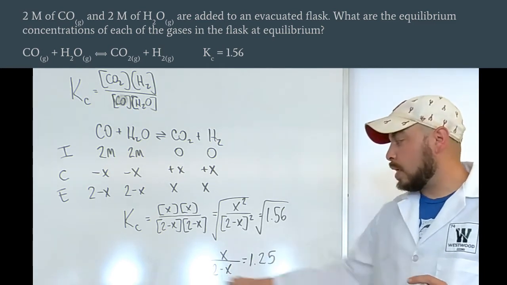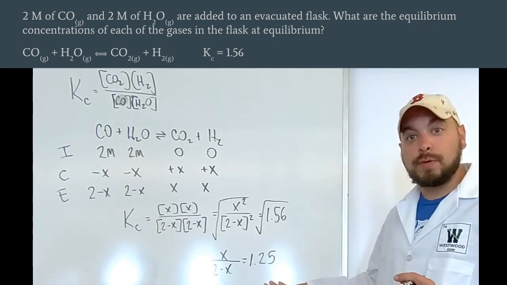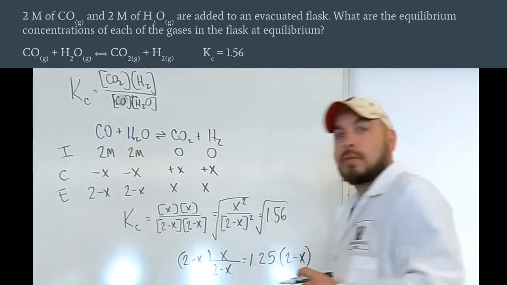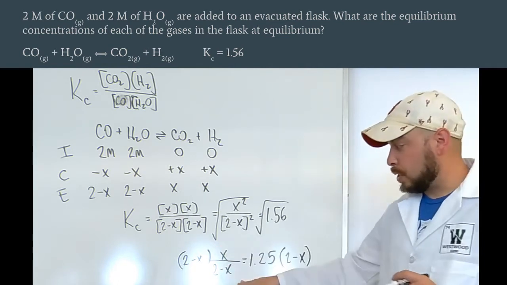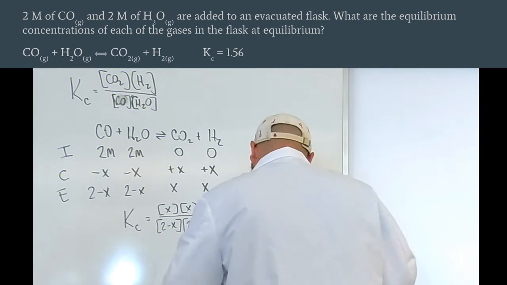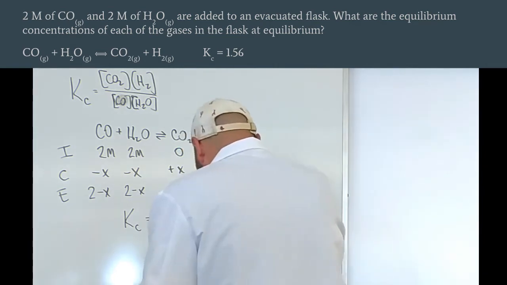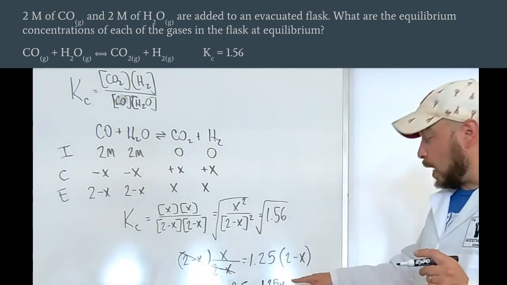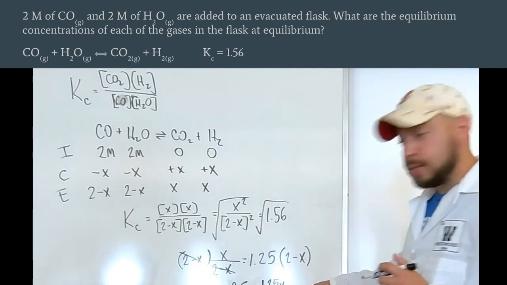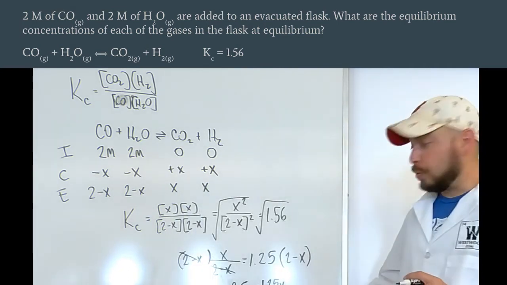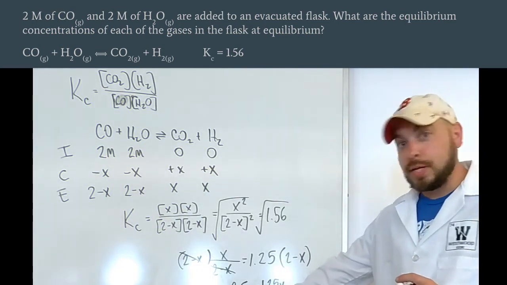Now, once we get to here, we're going to solve for the value of X. Multiply both sides by 2 minus X. Make sure we cancel here and distribute here. We're going to add 1.25x to both sides. Divide both sides by 2.25, and we get x equals